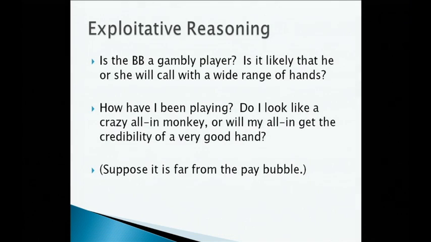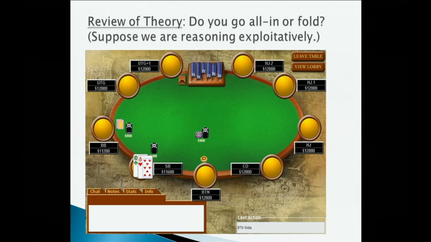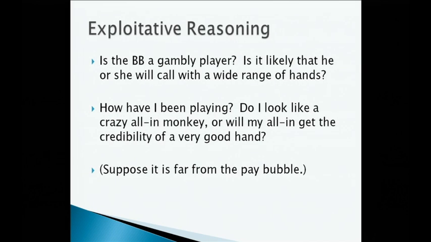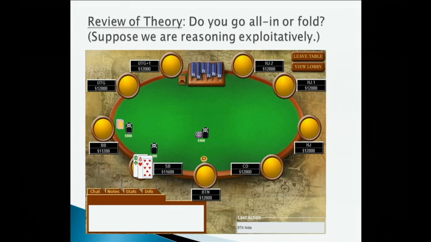Okay, so let's try to zero in a bit more. Tell me what hands you think he might be calling that are a bit worse than pocket aces. What's the smallest pocket pair he's calling? Or if you're not sure, what's the smallest pocket pair you would call if you don't know anything about the small blind? So it's 15 big blinds. It's a 15 big blind all-in.